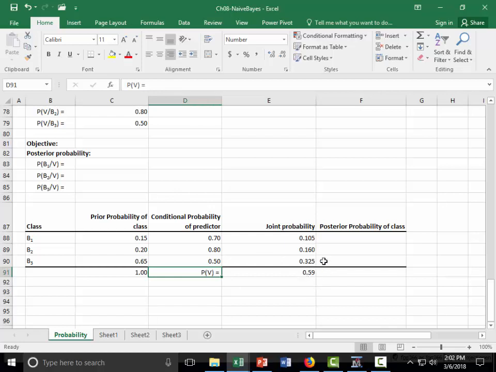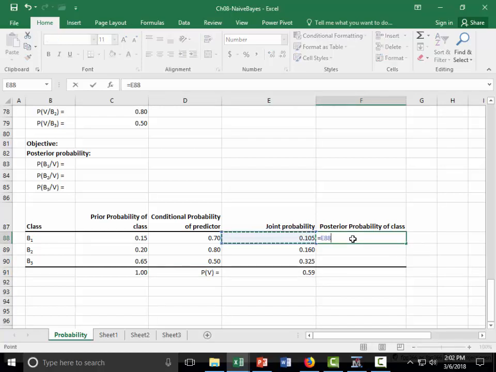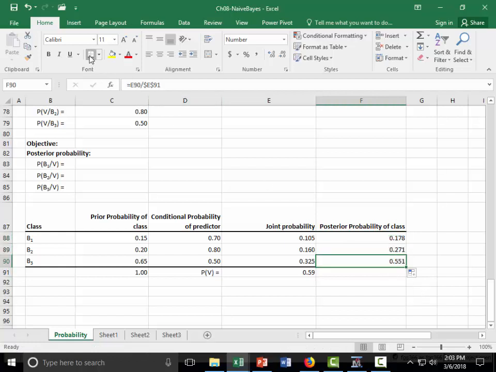Then all you have to do is divide it back in and you get the posterior probabilities. So that divided by that. That has to be an absolute reference, so we can copy it. So that would be the posterior probability, and that again should sum to 1. So our objective, the posterior probabilities are